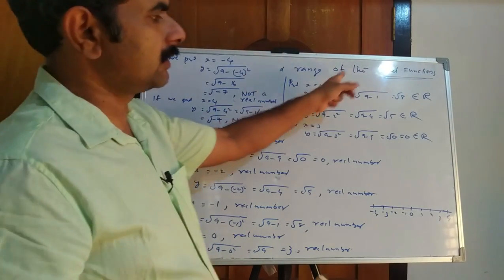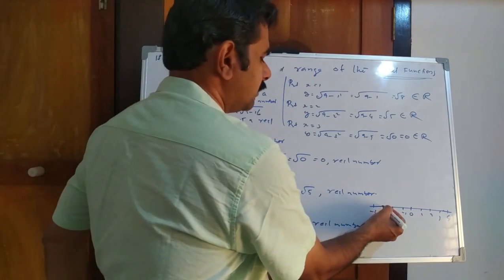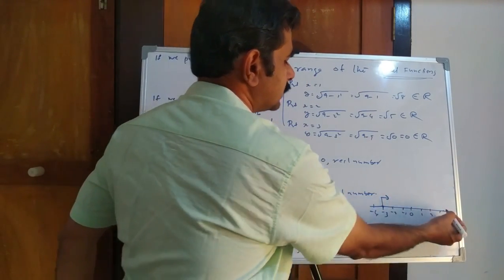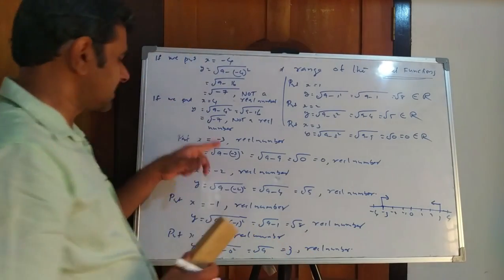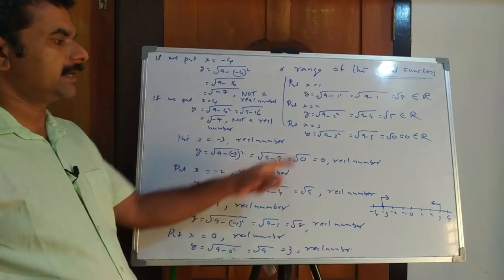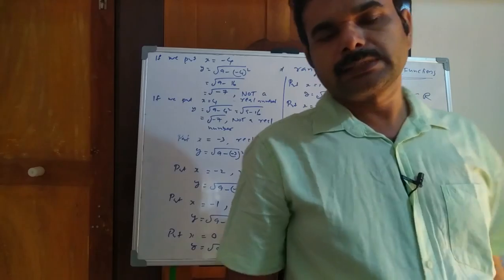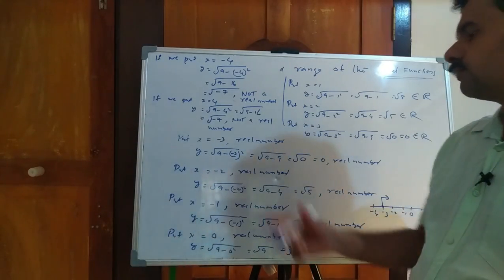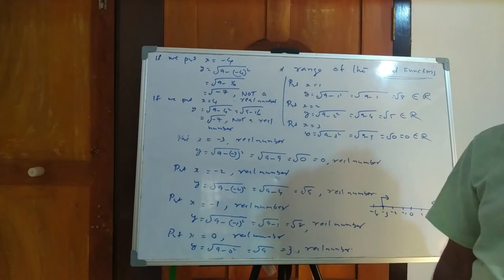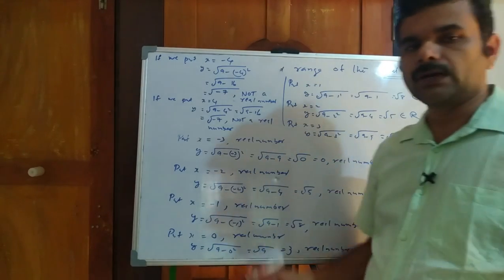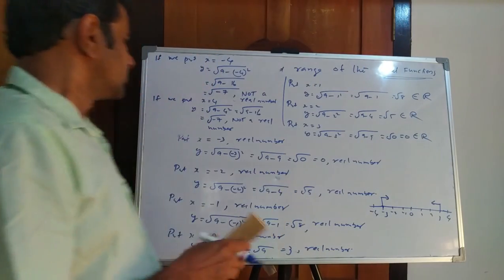Then the function will not be a real function. So we can take values only from minus 3 to plus 3. That is why I am starting with minus 3 and ending at plus 3, isn't it? So only possible values for x are from minus 3 to plus 3. Therefore, the domain, x means domain values. Therefore, domain of this function,